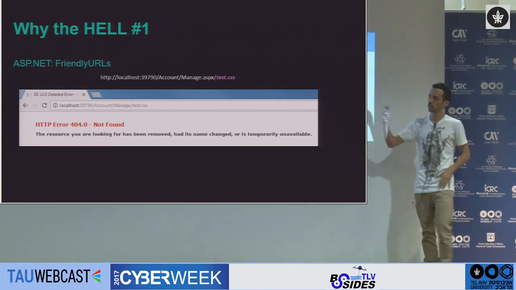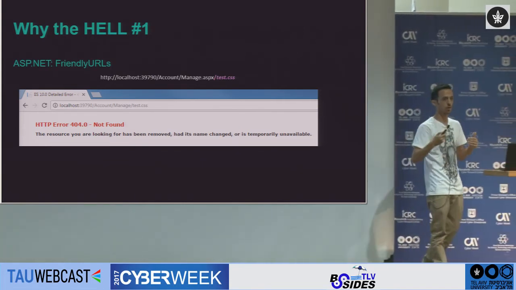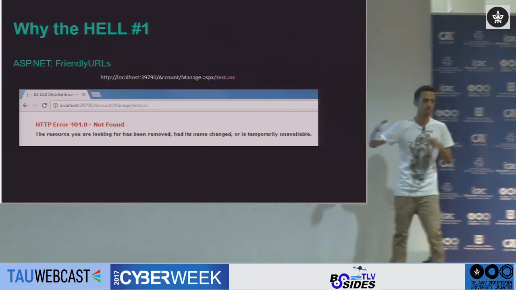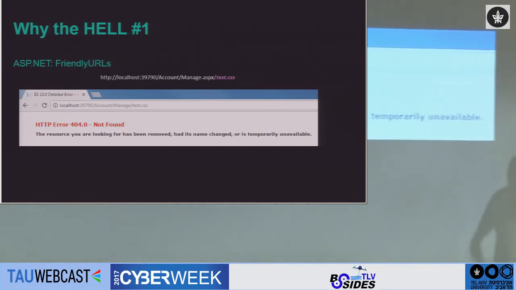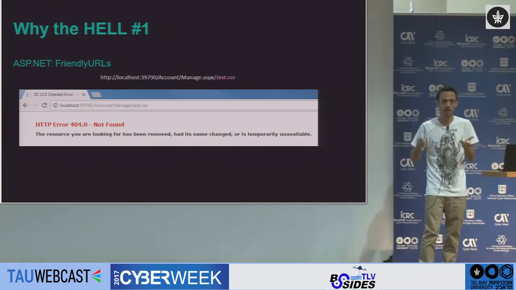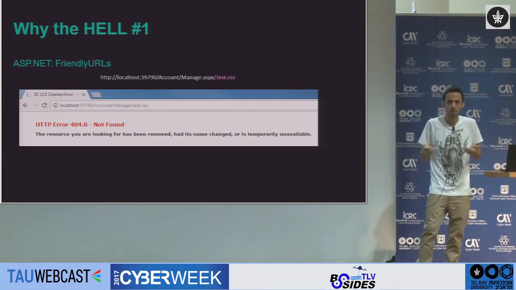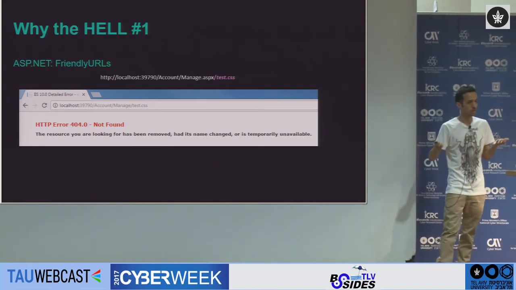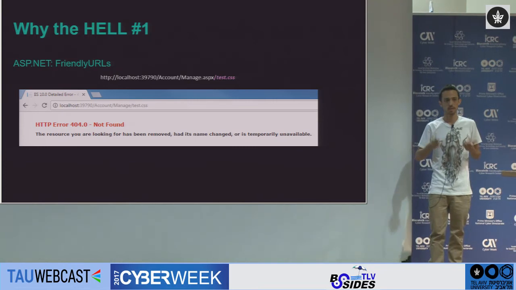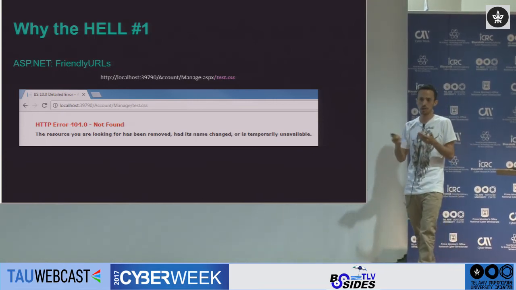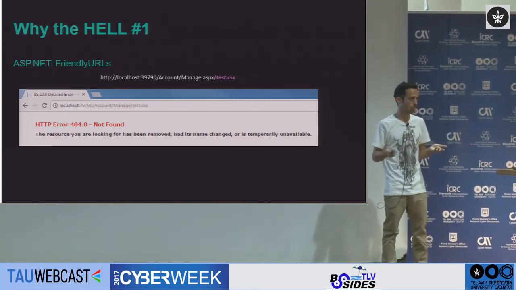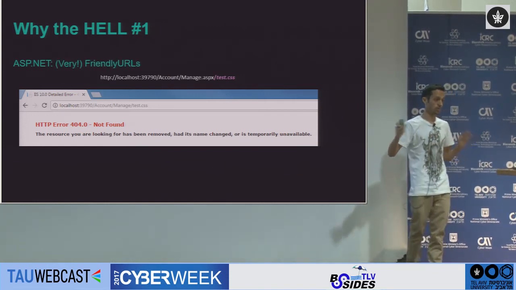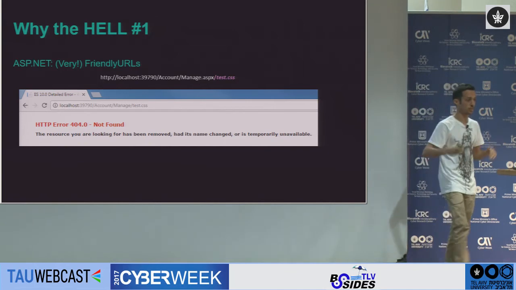In this case, the web application received a request for /account, and looks for the account directory. Inside it, the web application looks for our manage directory, and inside this, it looks for a file called test.css. But that doesn't exist, and this is why we receive a 404 error. That's a bummer. It seems like we can't attack a user over an ASP.NET application with web cache deception, right? That's what makes them friendly URLs, but that's for the developers, not for us hackers.